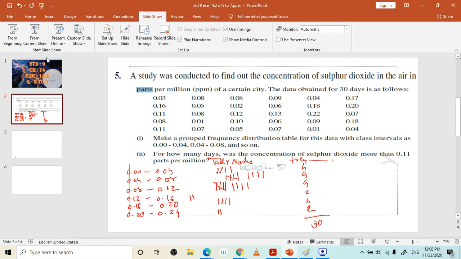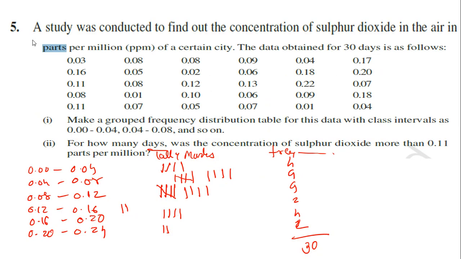I have told you that these things you have to find. Why? Because it is so easy. And still not a single student has replied which is the frequency. How many frequencies are there? Now here see, there are 30 frequencies in total, and the frequency distribution you can see here. Okay, so the first question is completed.